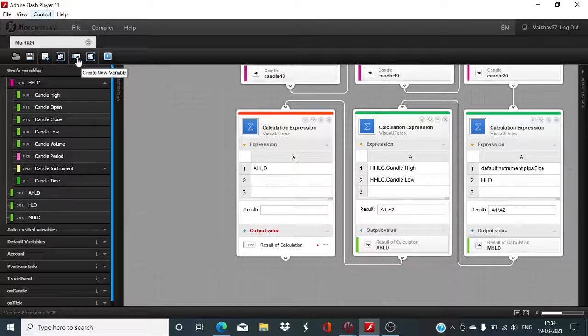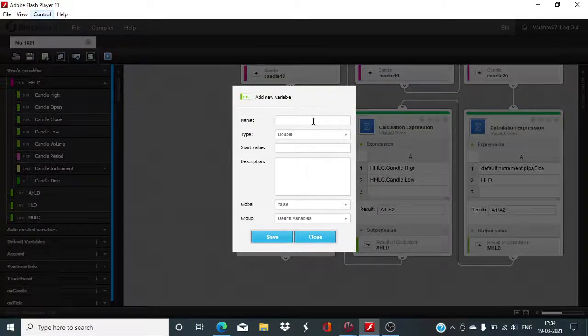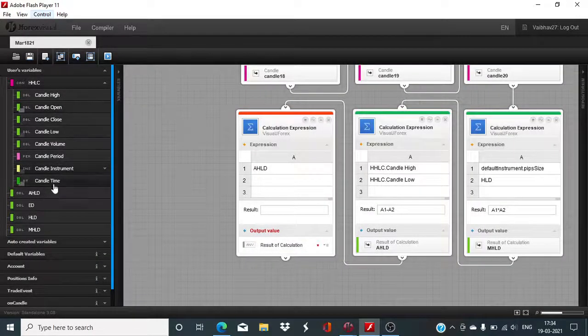So a new variable will need to be created. Execute difference times 0.25, and this will be A1 into A2,